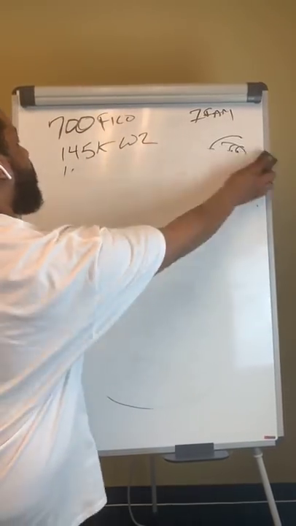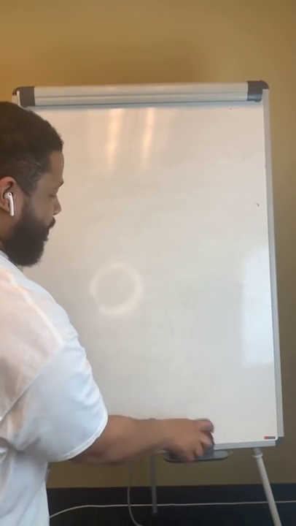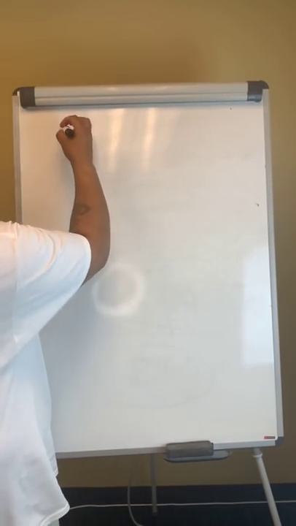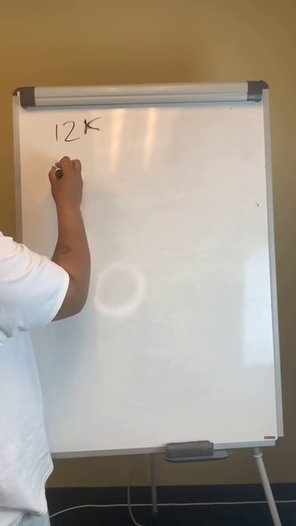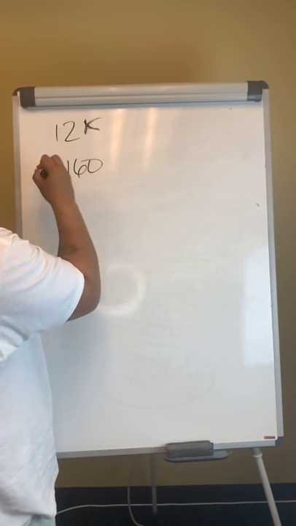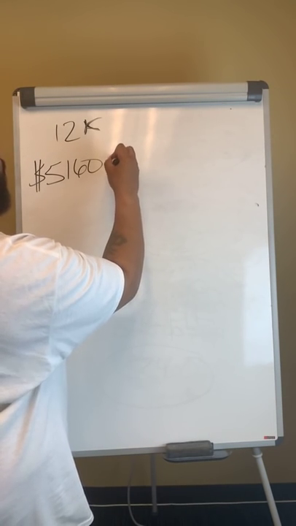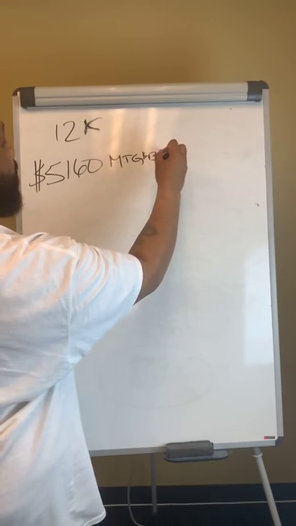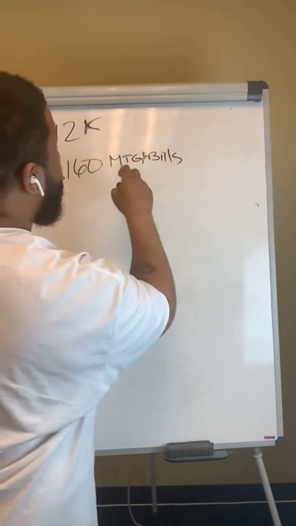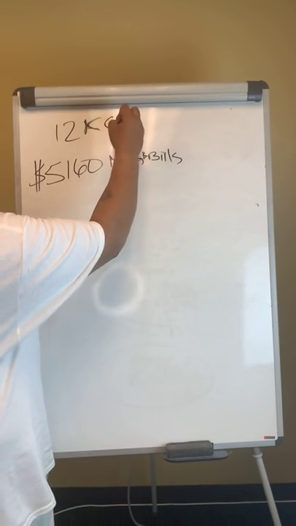Can he afford this? Now we need some tax people. If he's making $140,000, or $12K a month, and we got $5,160 with his new mortgage and all his bills. So we got mortgage and bills, right? Now remember, this is not including gas or nothing, guys. So if he's at 12K gross,